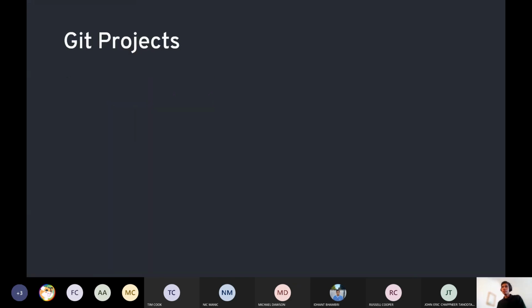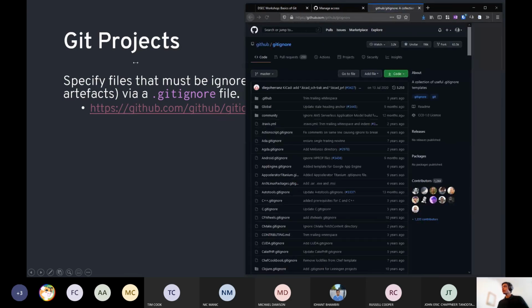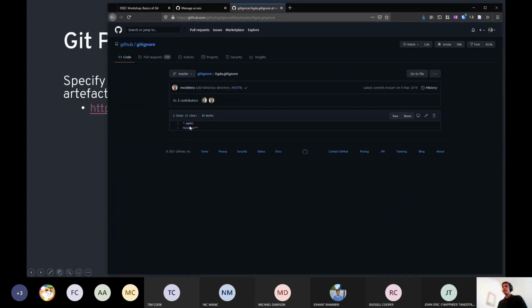Now, in Git projects in general, there's a couple of things you'd want to do. Firstly, you'd want to specify what's known as a gitignore file, depending on the complexity of your project. How much time do we have? Well, 2 minutes, but anyways, you want to specify a gitignore file. And a gitignore file literally lists a bunch of paths that Git shouldn't really track.